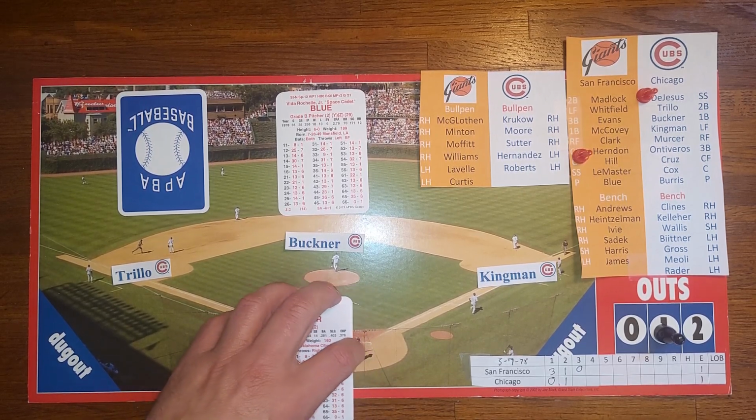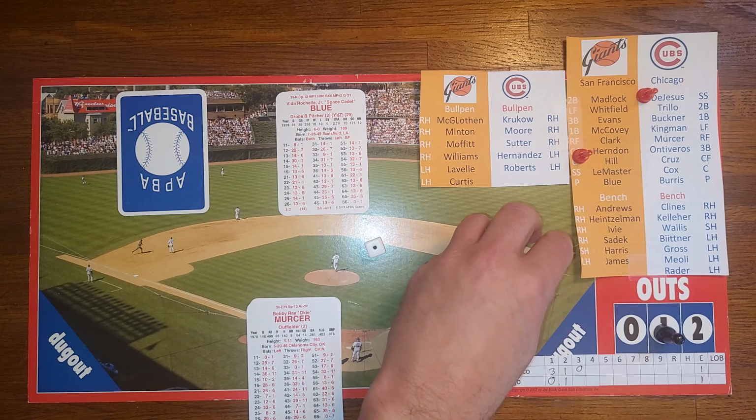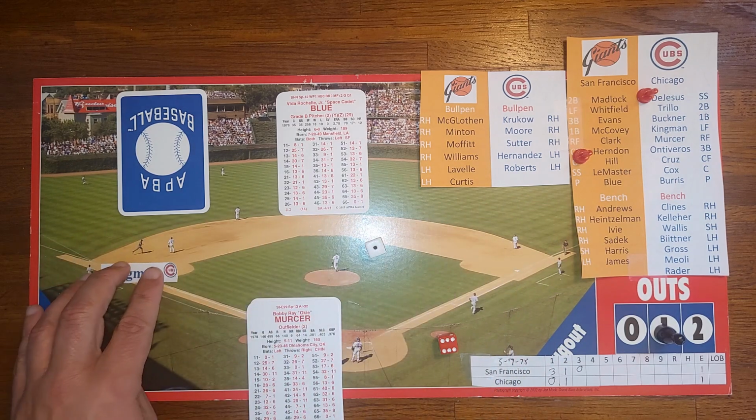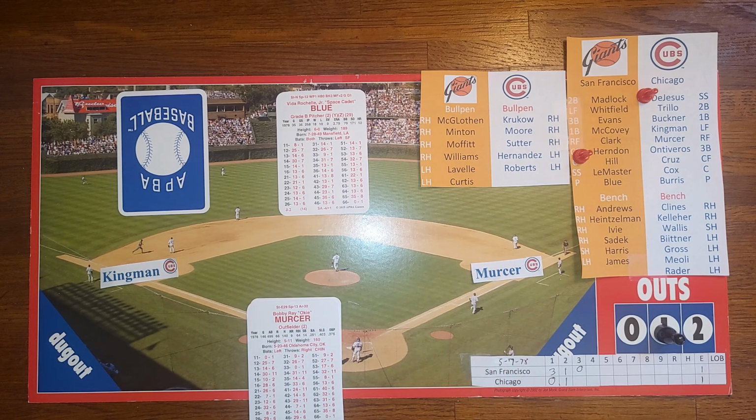And 1 out for Bobby Mercer. Infield double play depth. 61 is a 40. High number there. That could be interesting, a 40. Let's see what a 40 shows on fielding column 3. 40 on fielding column 3 says with the infield back, safe at first on an error, runner advances 2 bases. So 2 runs will score on an error, and the error is charged to the second baseman, that being Bill Madlock. So Madlock does something to cause Mercer to reach, and Mercer only gets the 1 base according to this, but